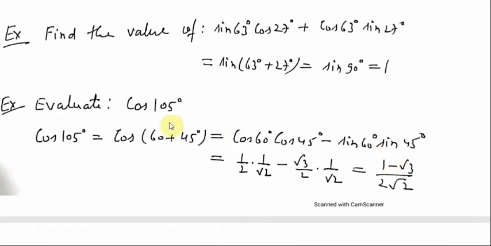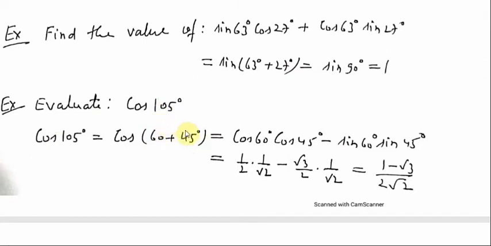Now the next example, cos 105. We do not know cos 105. Generally, we know the standard angle values: sine 0, cos 30, cos 60, cos 45, cos 90. We know only these standard values. So we will find the value of cos 105 by using the above identity. First of all, cos 105 may be written as cos (60 plus 45). We break the given angle into standard known angles in the form of a sum or difference of the standard known angles. So 105 may be written as 60 plus 45.